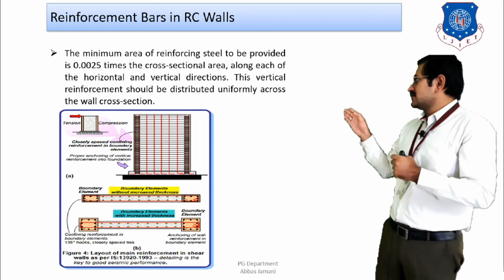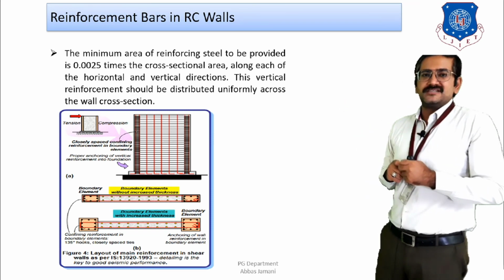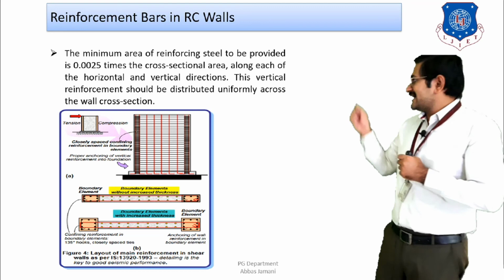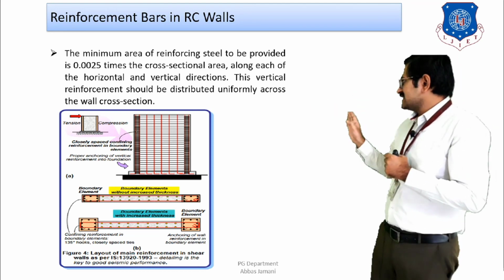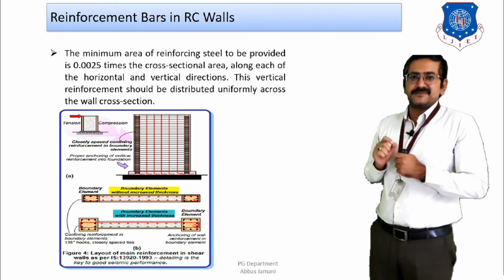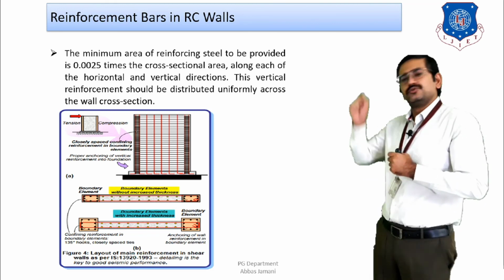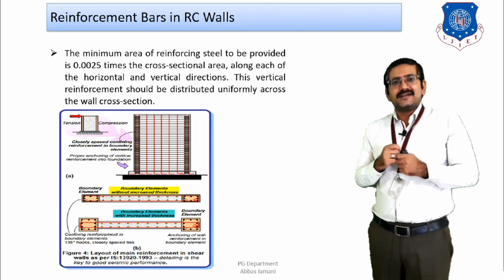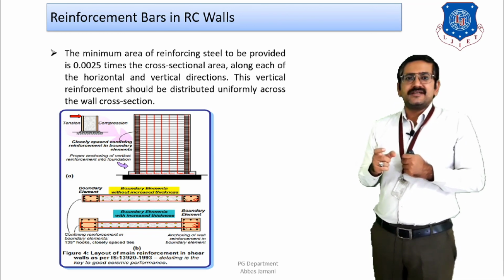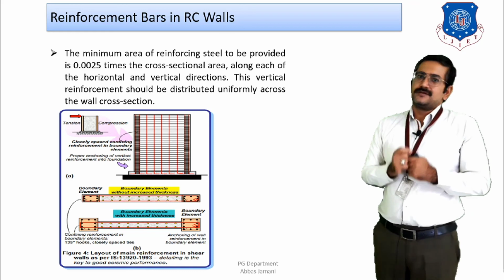As you can see over here, the elevation of a shear wall with boundary elements is shown, where the boundary element is provided on the two corners of the shear wall. And as you can see in the figure, in both the boundary elements, special confinement reinforcement is provided throughout the height of the shear wall. The other advantage is that the stability is going to increase, and at the same time the thickness of the shear wall can be reduced.